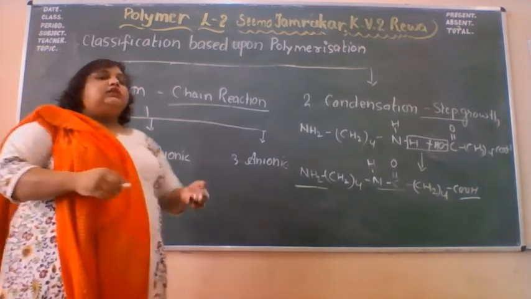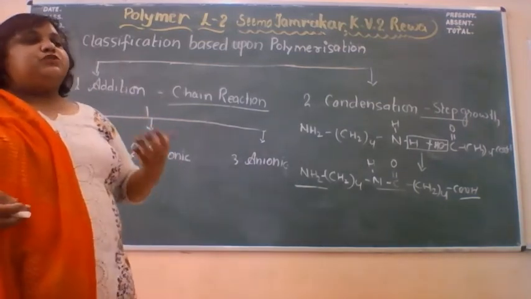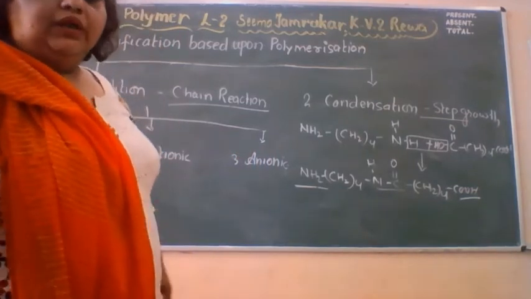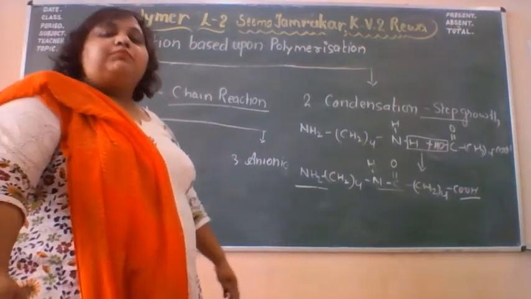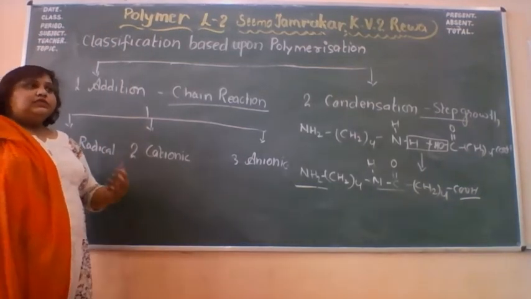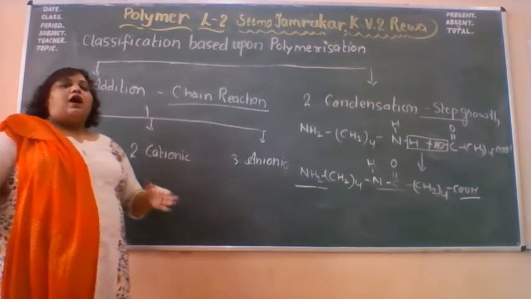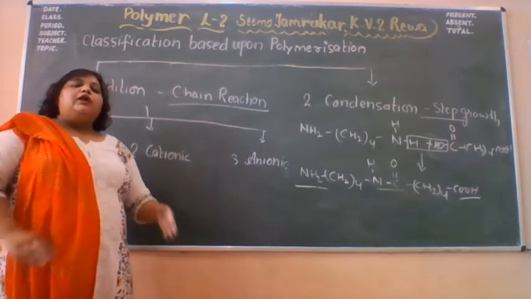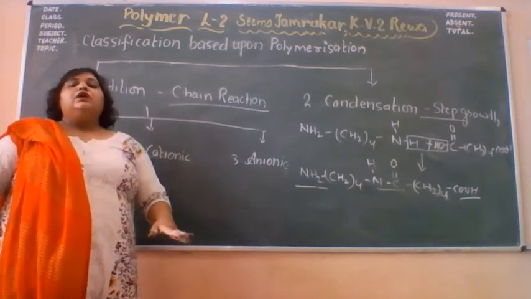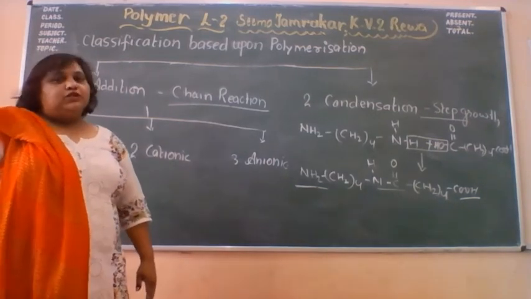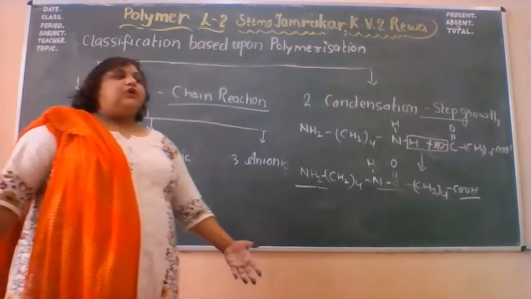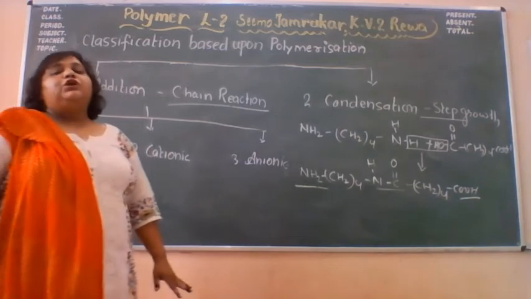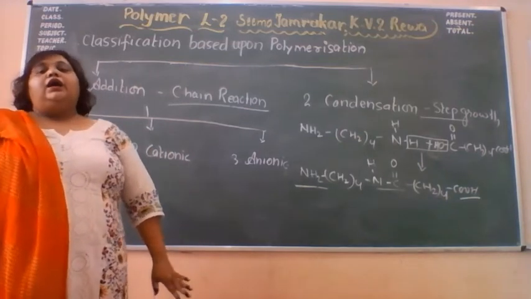So here this was the complete description of the classification of the polymers. One very important part of the chapter, right. In this chapter, one very important and very frequently asked question is that a particular example of the monomers is given to you and you have to write the polymer, or the polymer is given to you and you have to write the monomer units, method of preparation and their uses.